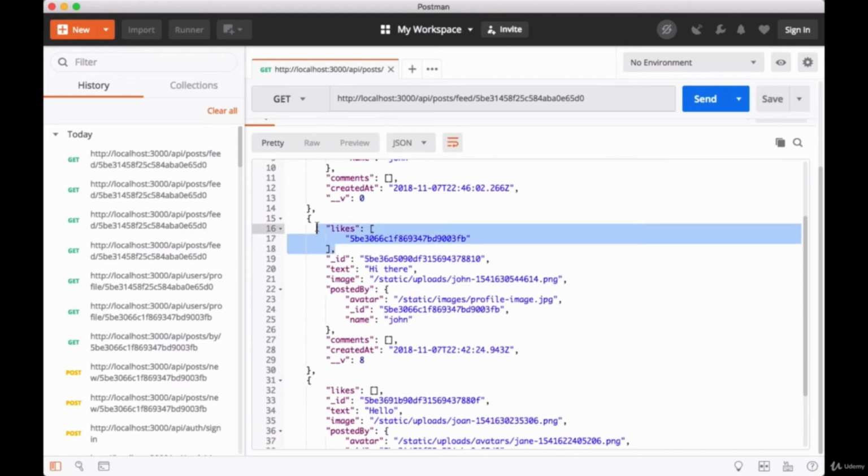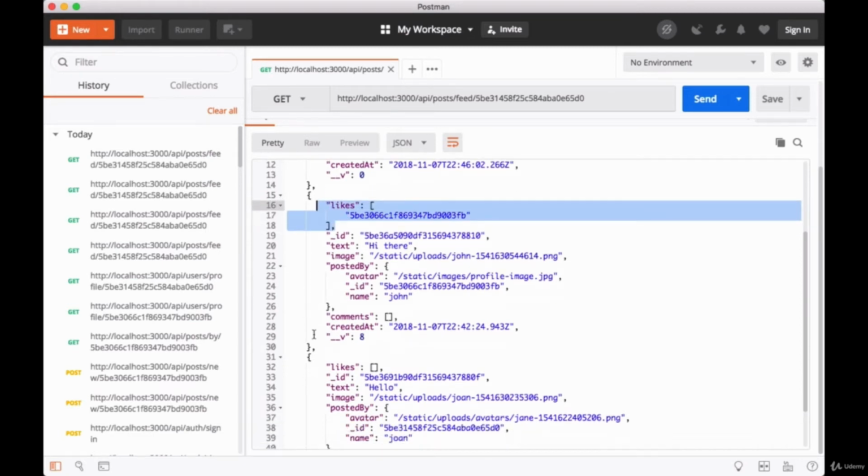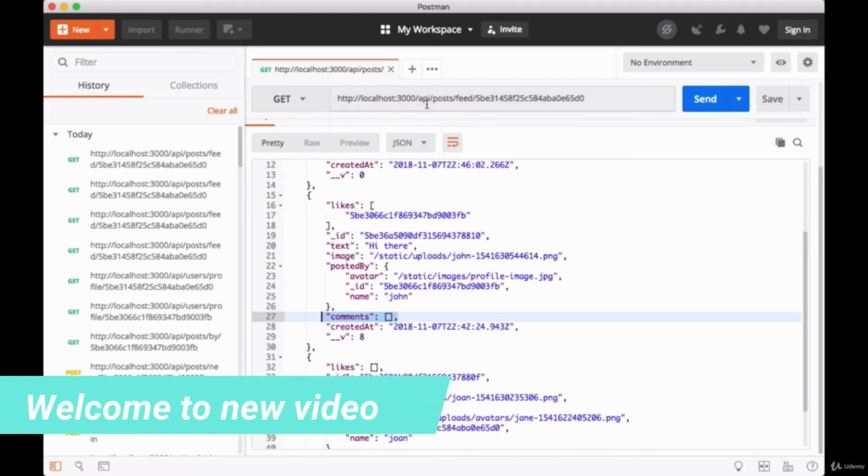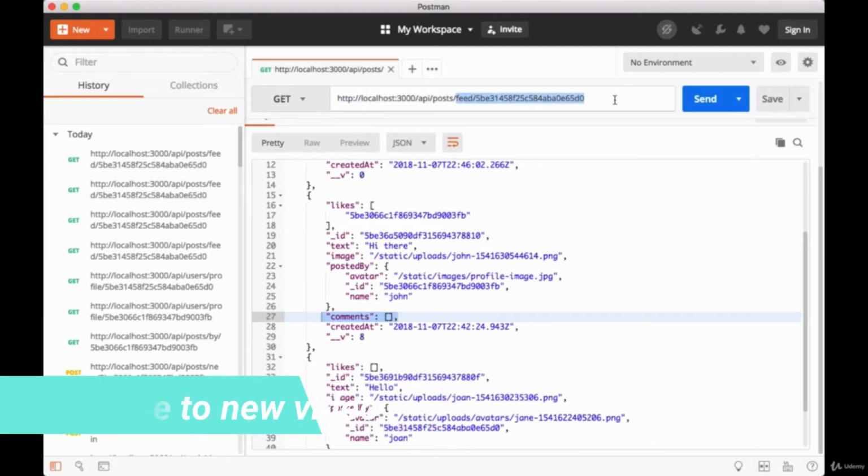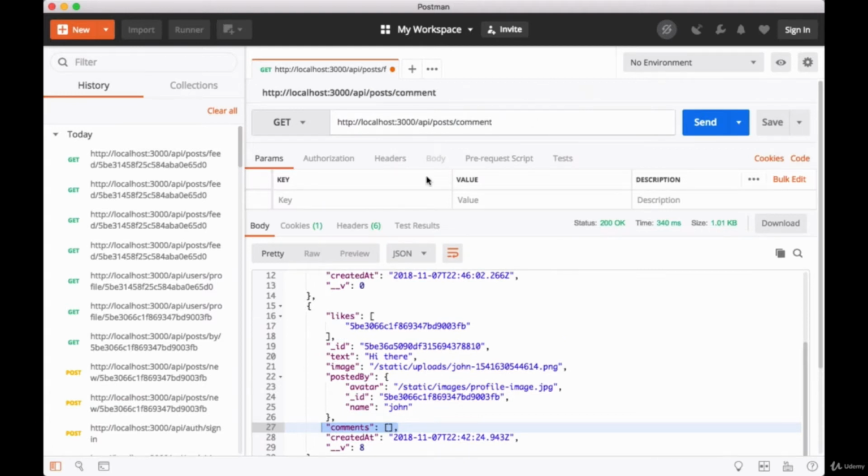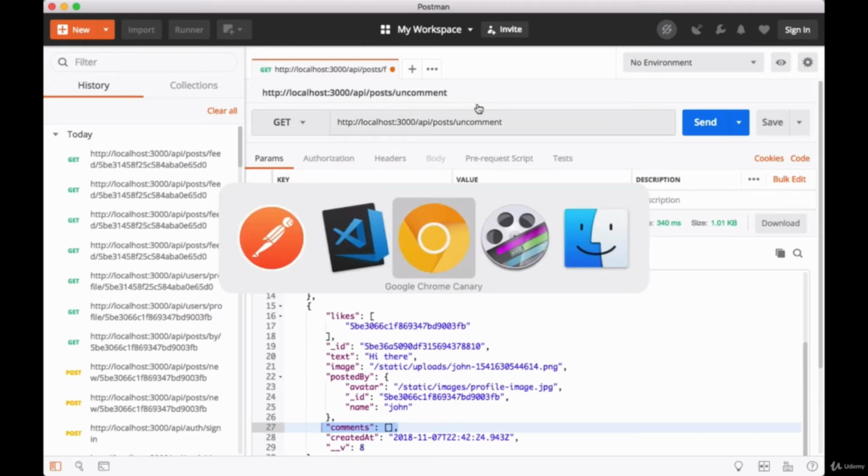So now we're able to like and unlike a given post, but how do we add comments to it or remove comments? Well, the endpoint for this: to comment on a post, it'll be API/post/comment, and for uncomment, the endpoint path will end with uncomment. So to implement this,